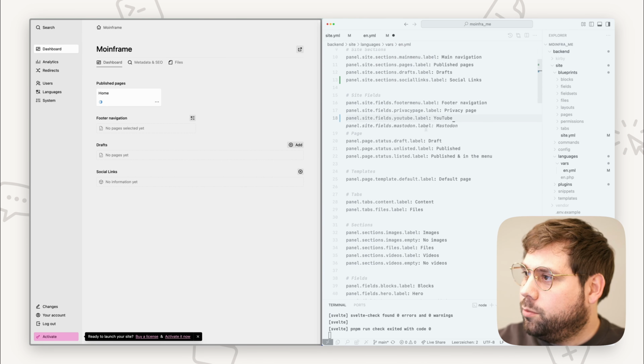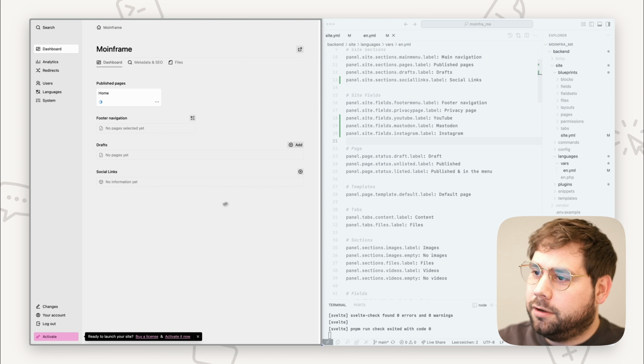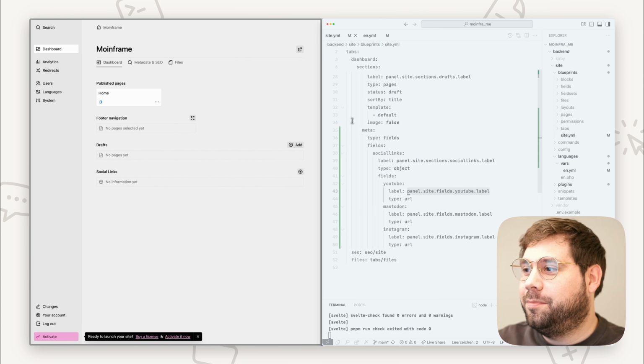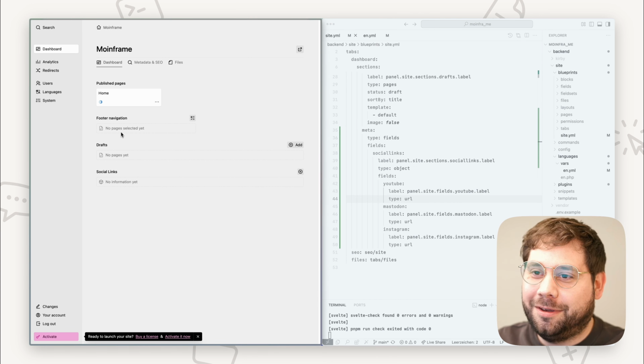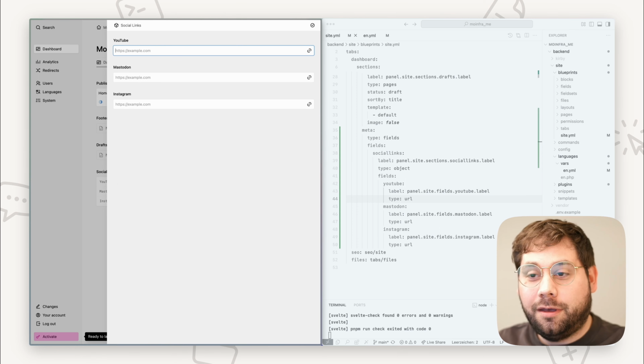That's YouTube, yes, Mastodon, yes, and slide fields, Instagram, that's correct. So you can see at some time, like for this task, the CodePilot is pretty awesome to get some time back. Okay, so we have our social links here, and the object field is pretty interesting because it's one field,